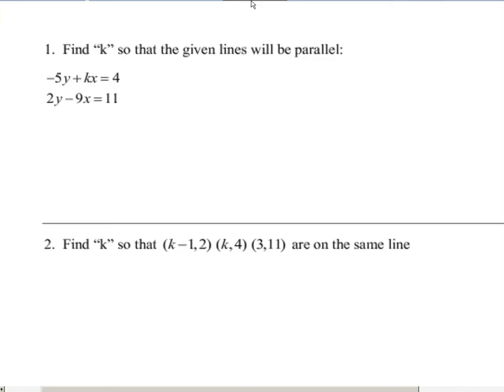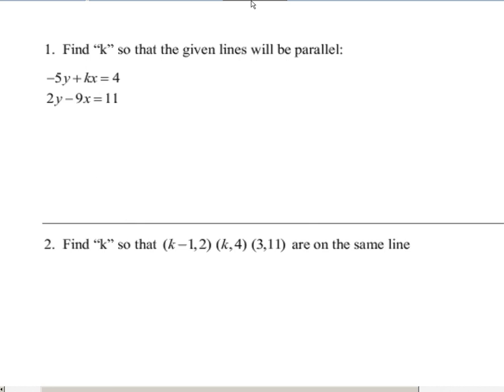All right, on this first problem, we're finding this missing value of k. So we've got this system that's given. In the system, the first equation is negative 5y plus kx equals 4. The second equation is 2y minus 9x equals 11. So if we're going to try to find k so that the lines are parallel, when we talk parallel, we're